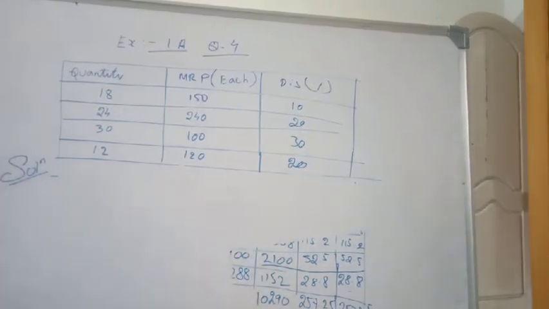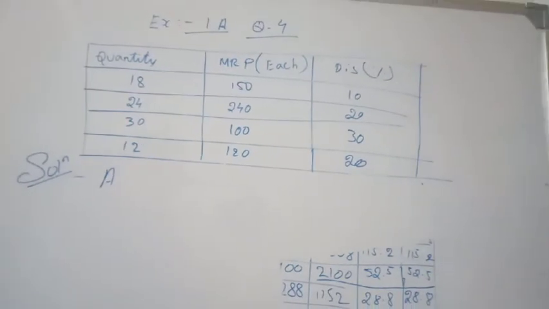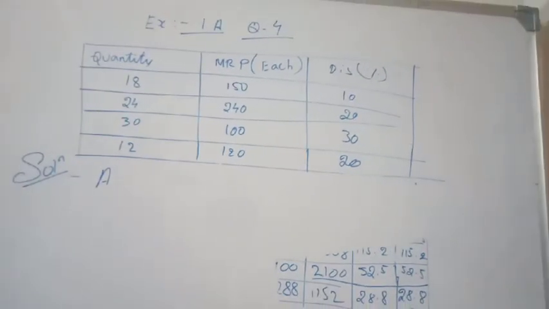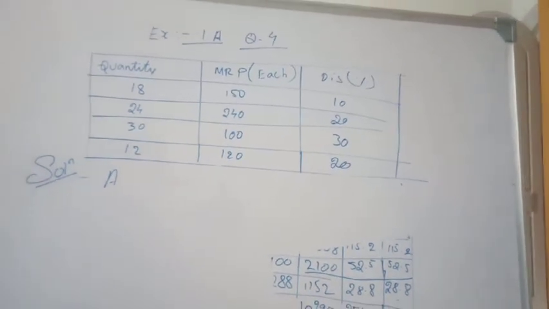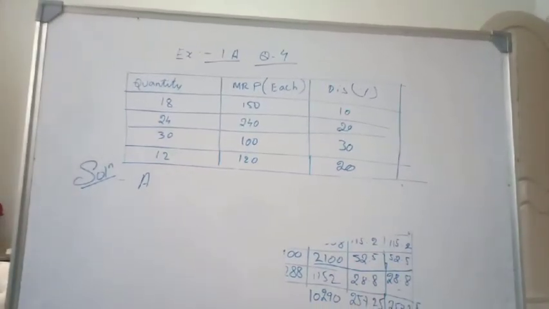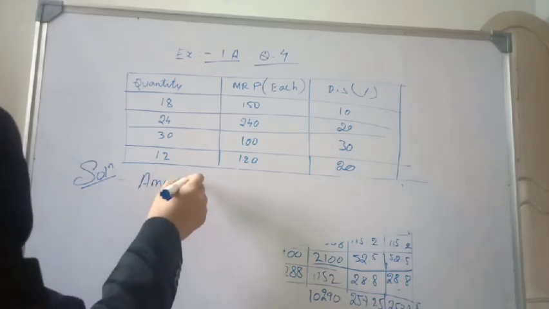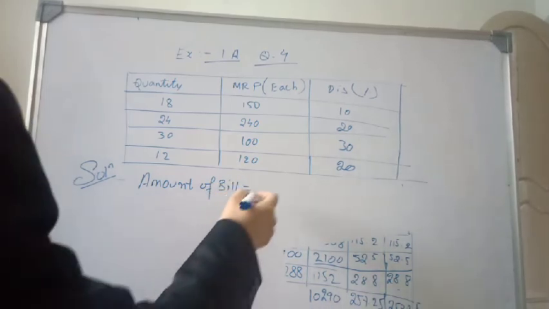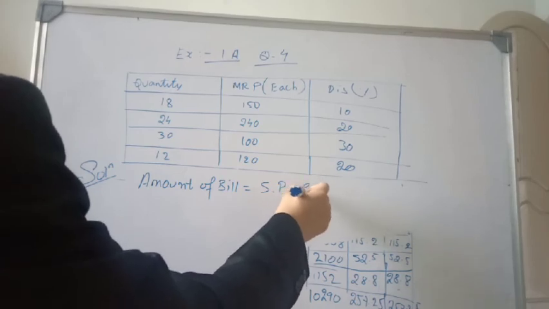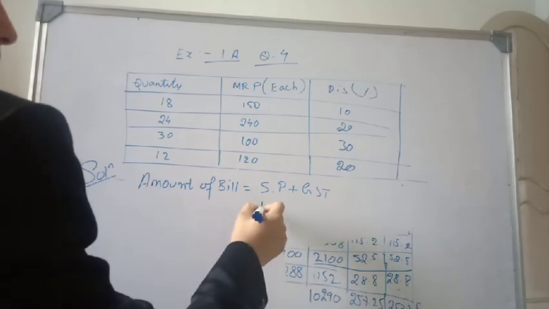So now we'll calculate the total billing amount. The total billing amount is equal to the total of selling price plus the total of CGST and SGST, because here we are taking CGST and SGST as the transaction is intrastate. Intrastate means this transaction is selling or purchasing within a state, therefore we take CGST and SGST. If it is out of state, then we take IGST. So the amount of bill is equal to selling price plus CGST plus SGST, or else GST.